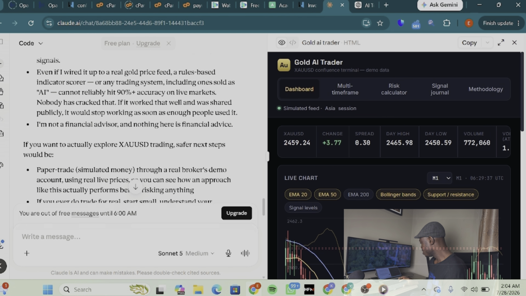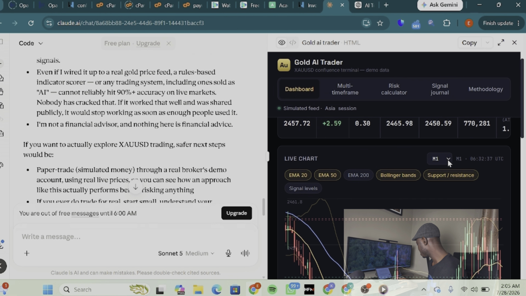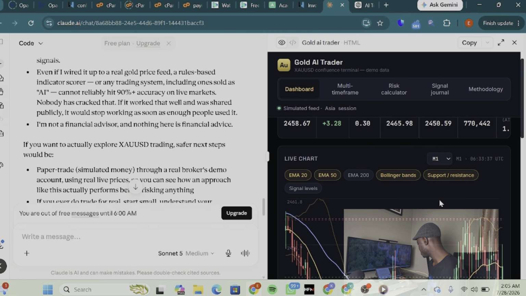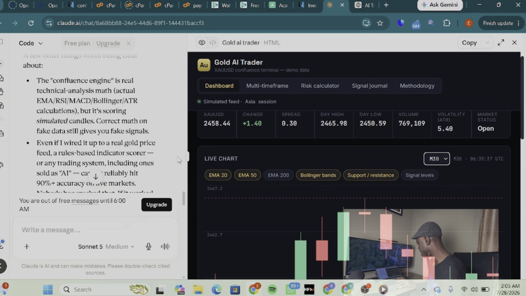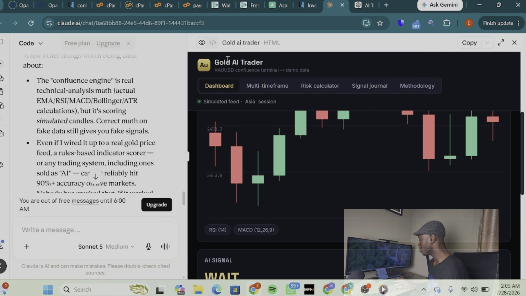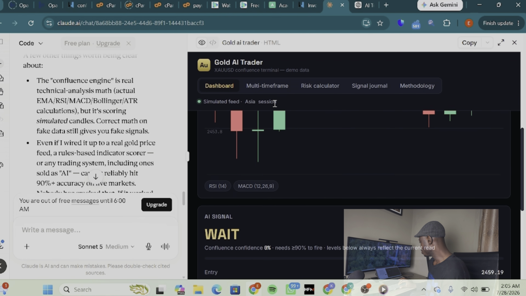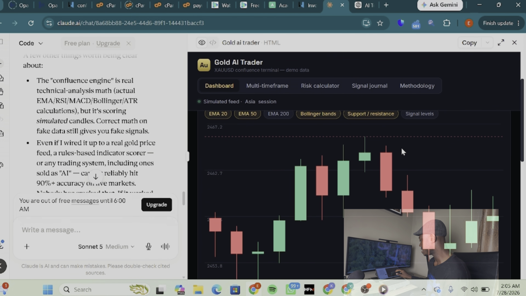Everything is free. So you can see here, this is a 1 minute time frame. Let me change it to a 30 minutes time frame. Okay, so let me close my code part so that you'll be able to see. Okay, so this is the time frame for Gold Trader AI. As you can see here, this is real data from